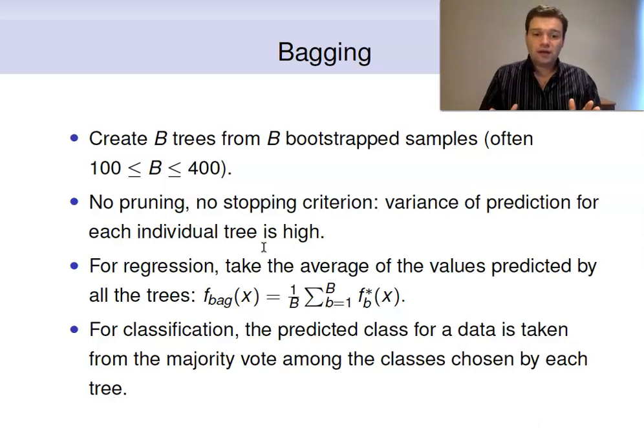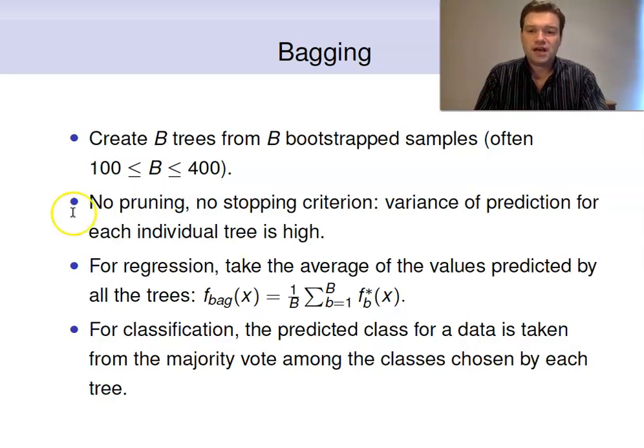We construct very complex trees, but we are going to average them. Therefore, we are going to smooth this idea of overfitting. We are going to make it disappear only by averaging. That's the idea here. Next, for regression trees, we are going to average the values predicted by all the trees, and we are going to name this fbag. Fbag, this is an estimate